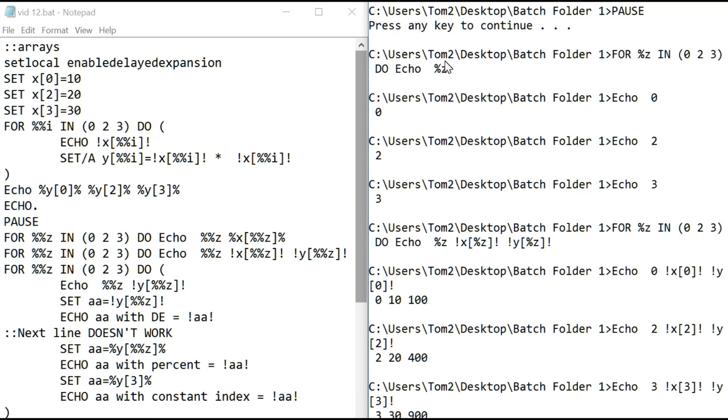So what's going to happen when it executes, of course, is it's just going to print out the loop variable, which is going 0, 2, 3, and that's what it does, 0, 2, 3. Now the next one,